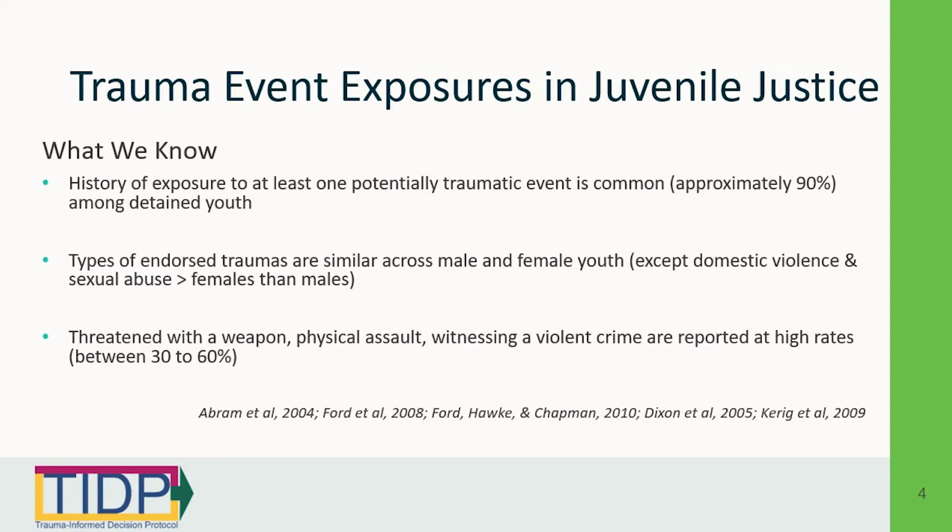You all have been working with the CTS in your counties at this point as well, and we've been sort of tracking this, and likely what your experience in your individual probation departments is showing is very consistent with national data: that universally, almost all youth in the juvenile justice system, or who touch the juvenile justice system, have exposure across the lifetime to at least one traumatic event exposure. What we also know is that the type of endorsed traumas are pretty similar, except in those two important categories: family violence exposure and sexual abuse. Girls are much more likely to endorse these types of exposures than boys.